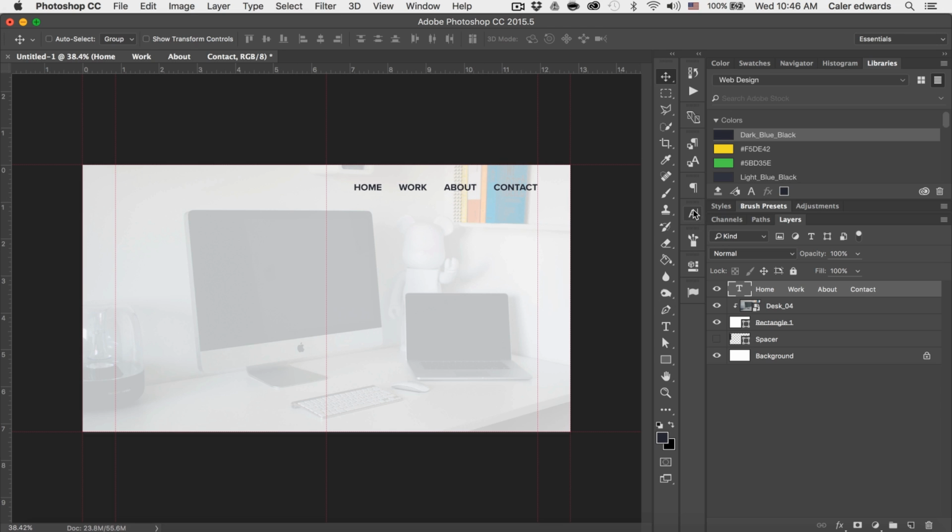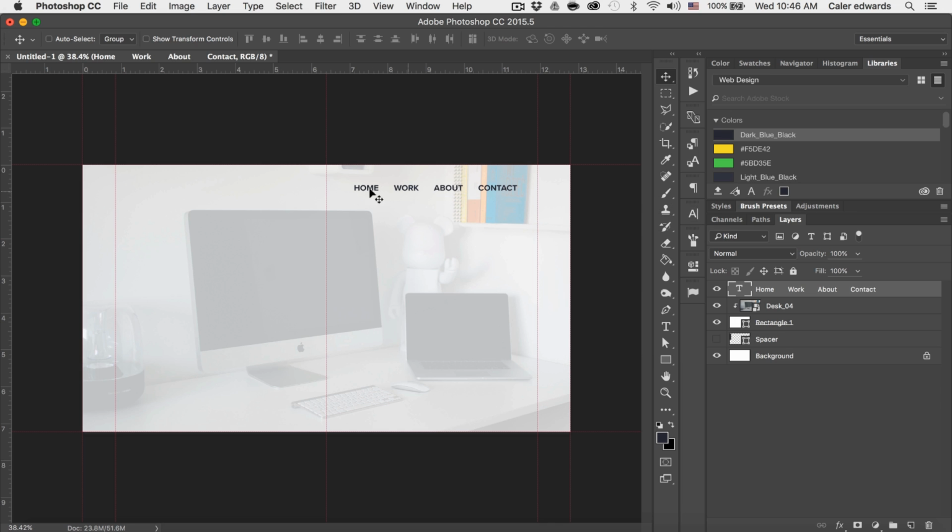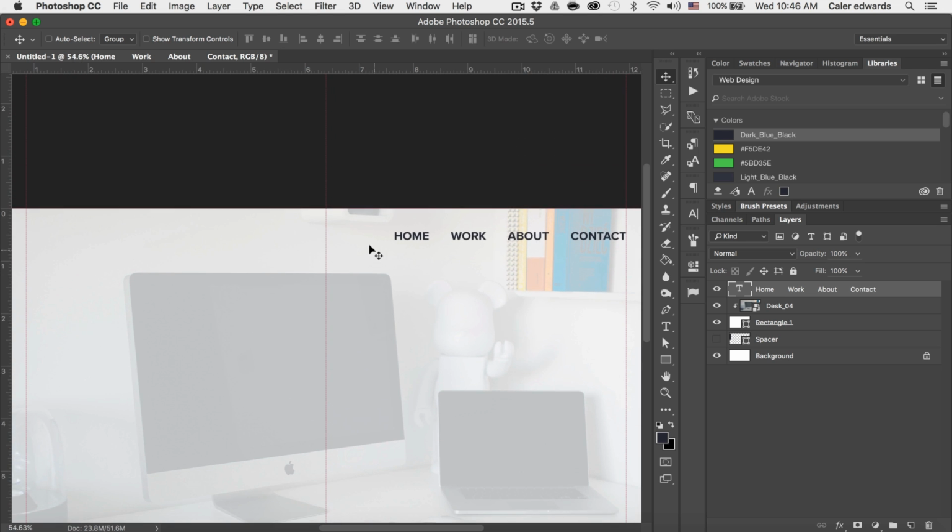Let's actually go to 18. It's a little too far on the, or lower than 18. Let's go 16. Yeah, there we go. It's too far over here to the middle, so. And that looks good. So since we're on the home page, we need some kind of indicator to that, and